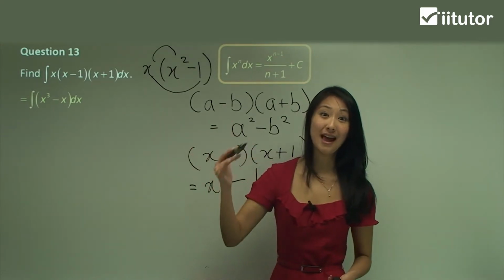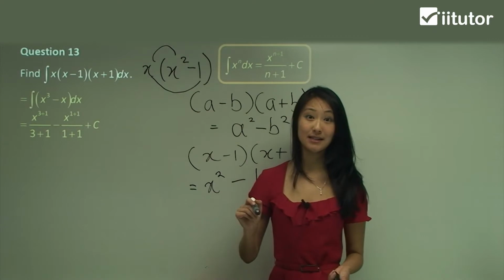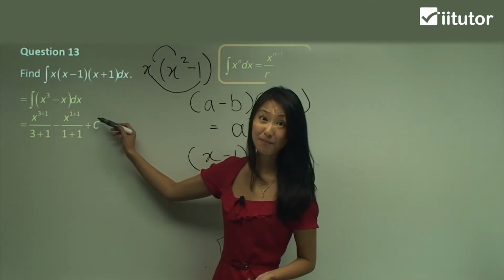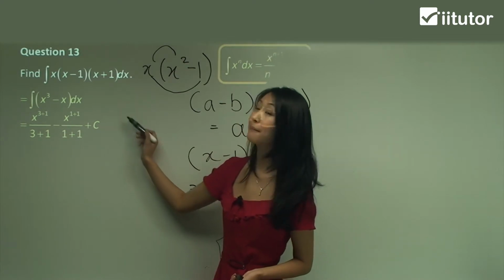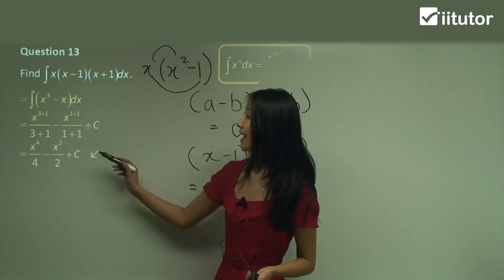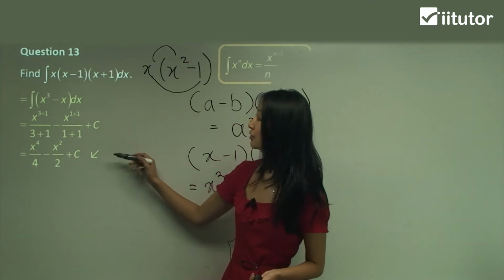So first of all, with the x cubed, we just add 1 to the power. So we have x to the power of 3 plus 1 on 3 plus 1, minus x to the power of 1 plus 1 on 1 plus 1, plus the integral c. And now it's just a matter of simplifying. So we have x to the power of 4 on 4, minus x to the power of 2 on 2,